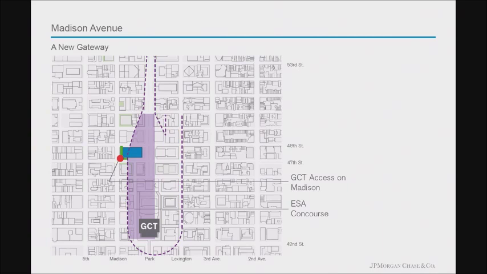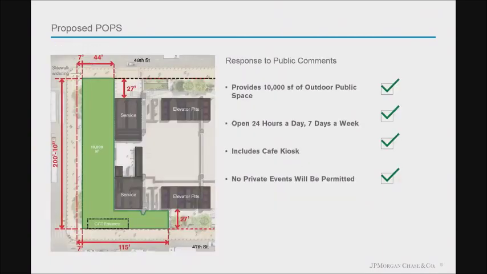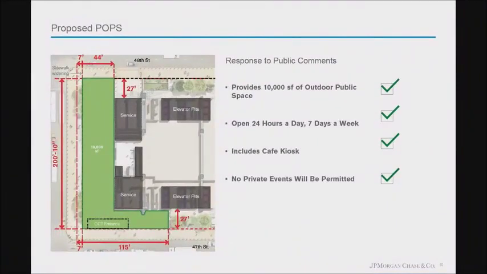Good afternoon, Commissioners. As you've heard, we've been working very closely with the Department of City Planning and community stakeholders to develop this project. And in response to their feedback, we've been able to configure a 10,000 square foot open outdoor public space on Madison Avenue that stretches the entire frontage from 47th to 48th Street. It's going to include a kiosk and be open 24 hours a day. And we think that it's a really exciting opportunity to create a new public space in the city that will be both a place of relief from Madison Avenue and also a gateway, as Vishon mentioned, to the new transportation network.